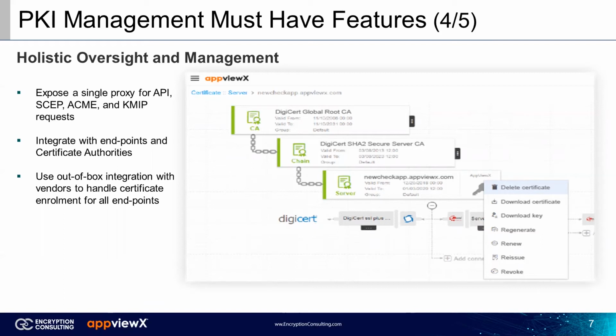where it resides, which in this image, I'm showing the drop-down shade for certificate lifecycle management functions, such as downloading, deleting certificates, downloading keys, issuing regeneration, renewal, revocation requests directly from the holistic view. And behind that shade is the object representation of where the certificate actually resides. In this case, it's showing a JBoss connector there, and there's a server object behind that shade to represent where the certificate lives. So from this holistic view, I can perform all of the basic certificate lifecycle management functions as